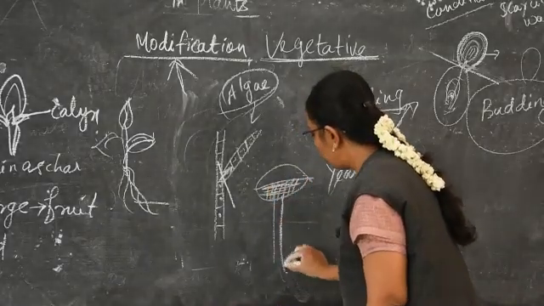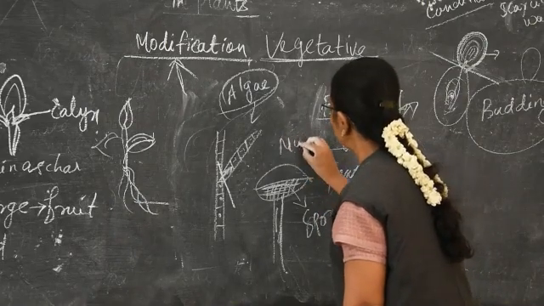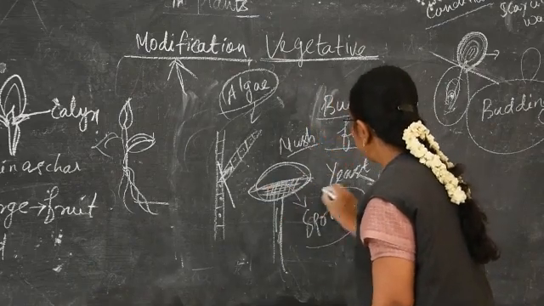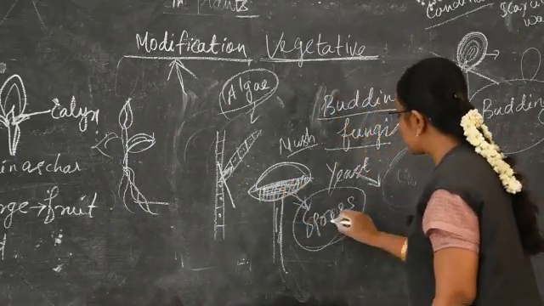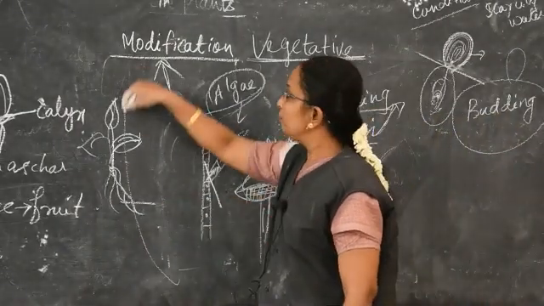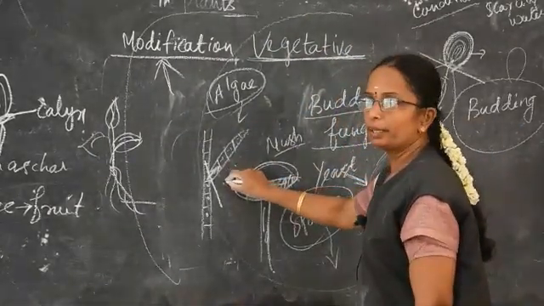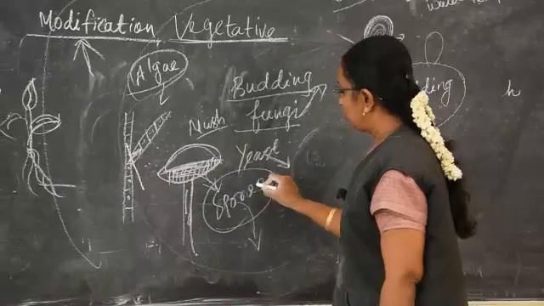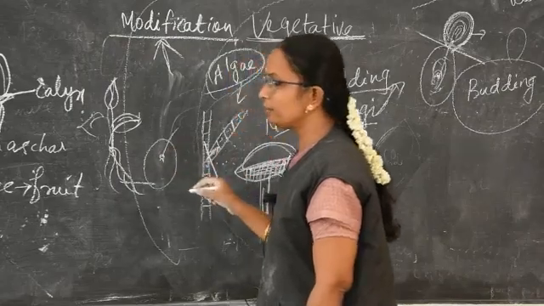When we take mushroom, they contain slits, all the gills. In each gill, spores are present. In mushroom, it develops through spores. When the conditions become favorable, they release these spores, and each spore, when it falls on the ground, develops into a newer mushroom. So these are all vegetative reproduction, that is budding, and then filament, and then spore formation. And when we talk about potato, it develops through the eye portion.